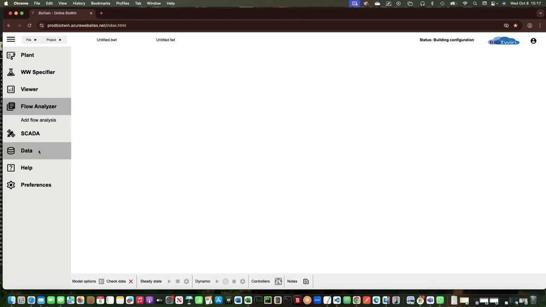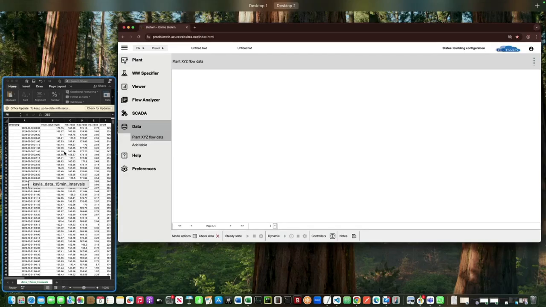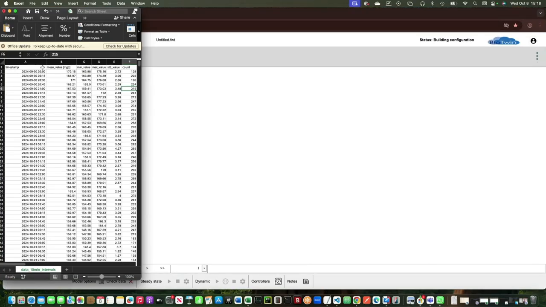And the way I do that is with the data management portal. So I would click on this data tab on the left, and I would say add table, click once and add table. And this is the default name it gives it. I'm going to call it, let's call it plant XYZ flow data, right? And once I've named it what I want, I will then go to my data source, which in this case is an Excel, right? So if I go to the Excel file and I bring this into my data tab,